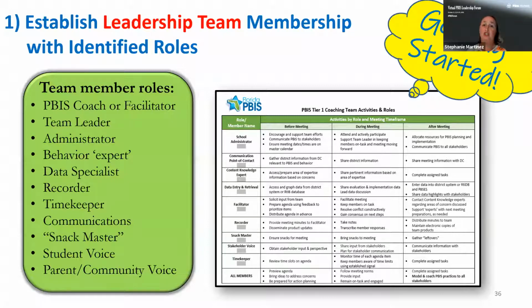Then during the meeting, they would share the data, have a discussion about it, and maybe other team members have additional questions and they could pull that information and share it. And then again, what you do after the meeting. And so we break this down so everybody knows what their tasks, roles and responsibilities would be. And of course, we know that a lot of our teams meet before and after school, and depending upon that, a snack master might be something that gets people there. I know with us on our staff project, we have one person who bakes cakes, and that's the thing that we look forward to on our team. So just making sure you have someone that fulfills each of these roles.